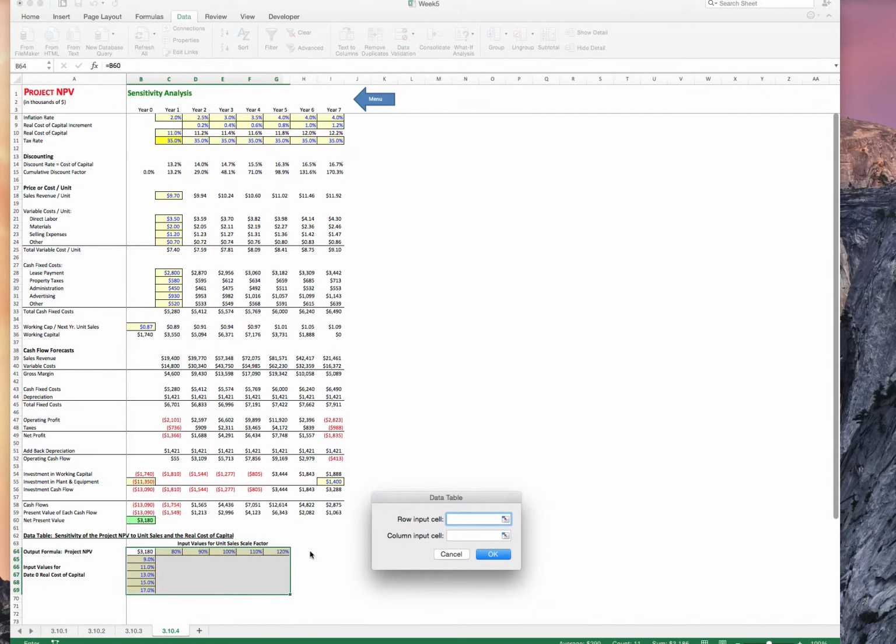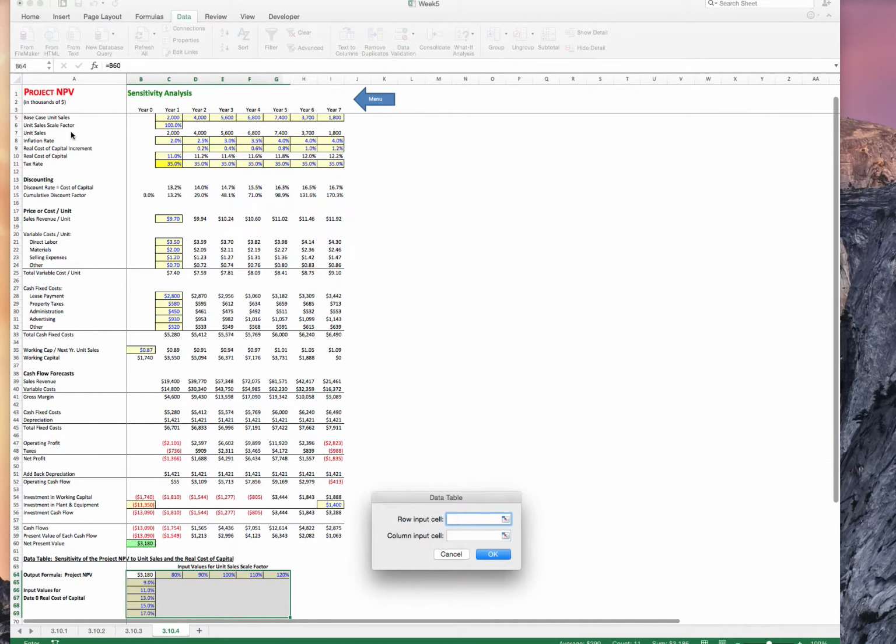And these values refer to the scale factor, which we said before was this number right here. So the row input cell is going to be this 100%. And then the column input cell refers to these numbers right here, which we said before refer to this 11%